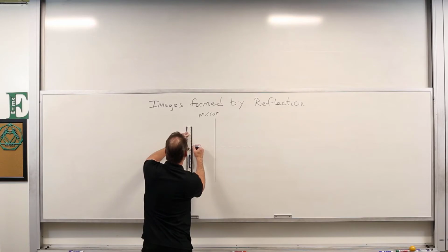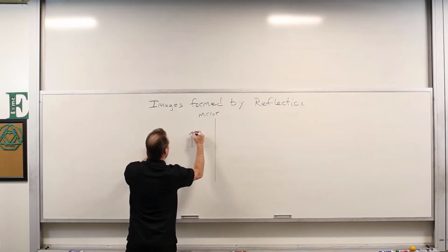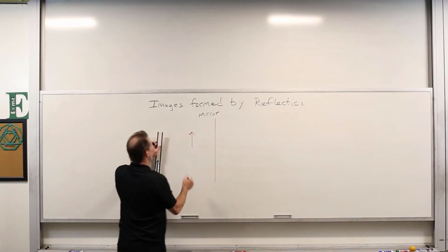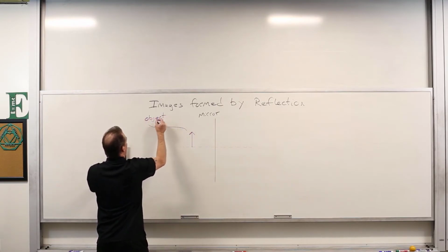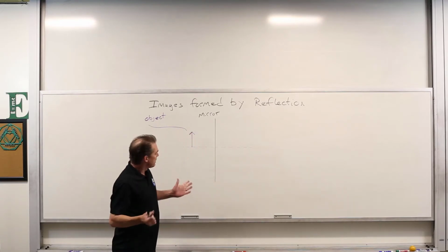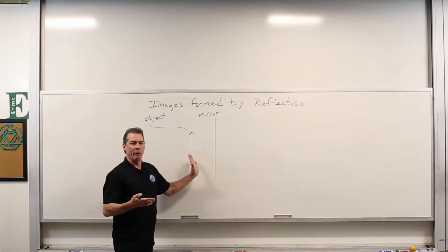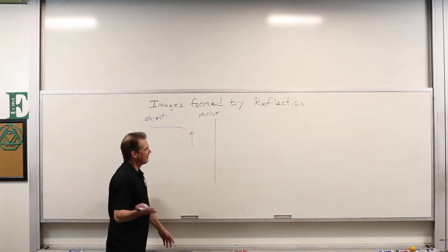And we're going to make it 5 inches high. We'll make it a little arrow so it has some regard of orientation. And this is going to be the object. So generally when we're doing depictions of images, we're going to use object arrows because they point in a certain way and they have some sort of extension to them,